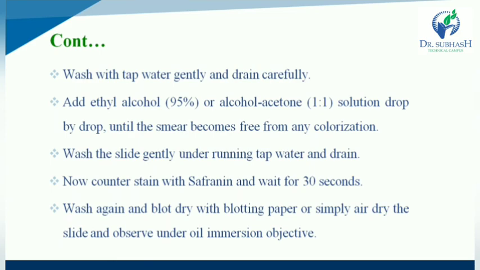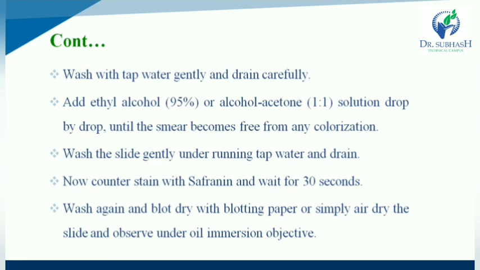Next step is add ethyl alcohol 95% or alcohol acetone 1:1 ratio that acts as a decolorizing agent, and the solution is added drop by drop until the smear becomes free from any colorization. Next step is to wash the glass slide with tap water and drain.